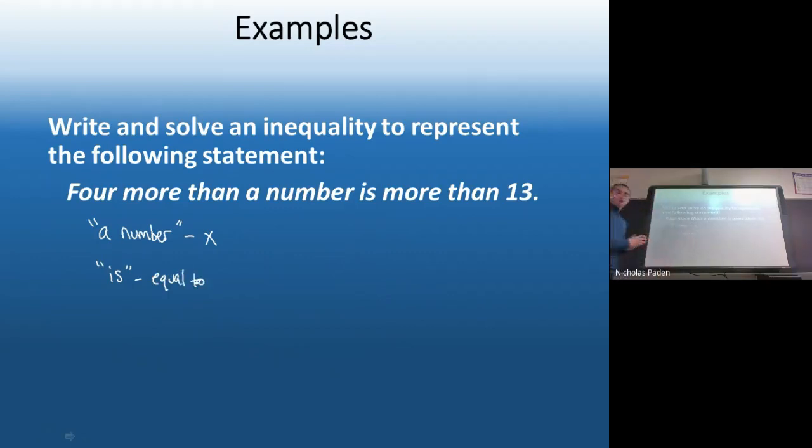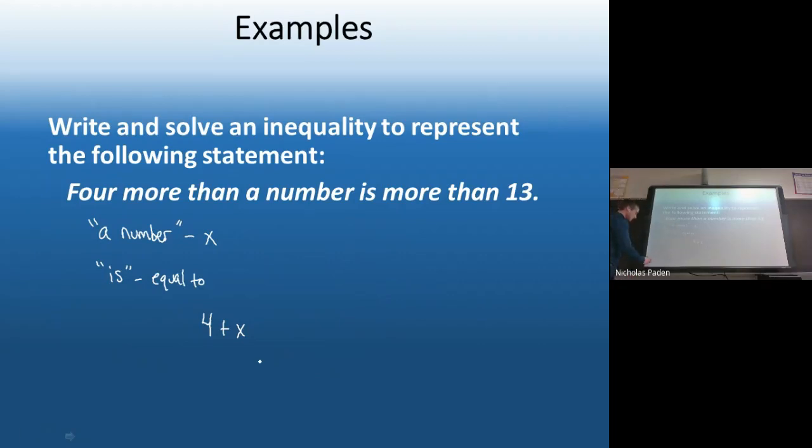So we're just going to go right in order of how this is reading. 4 more than a number. If I am giving a number 4 more, in other words, I am adding 4. So 4 plus X, 4 more than a number, is more than,